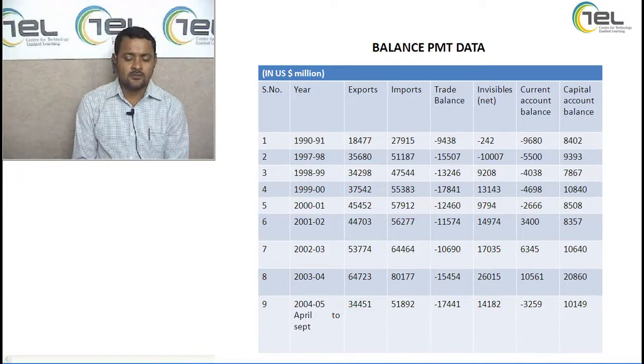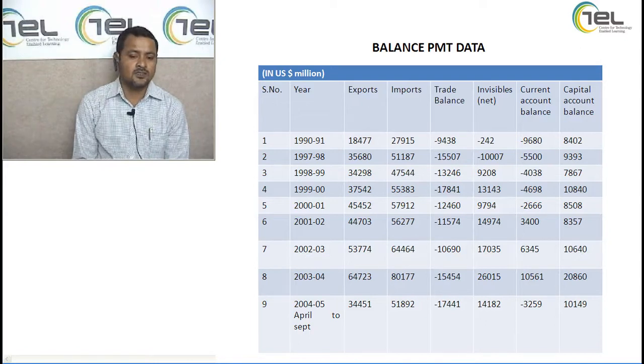Foreign direct investment was not forthcoming to India because of its closed relationship. Under the stewardship of Finance Minister Manmohan Singh and then Prime Minister PV Narasimha Rao, the Indian economy was opened